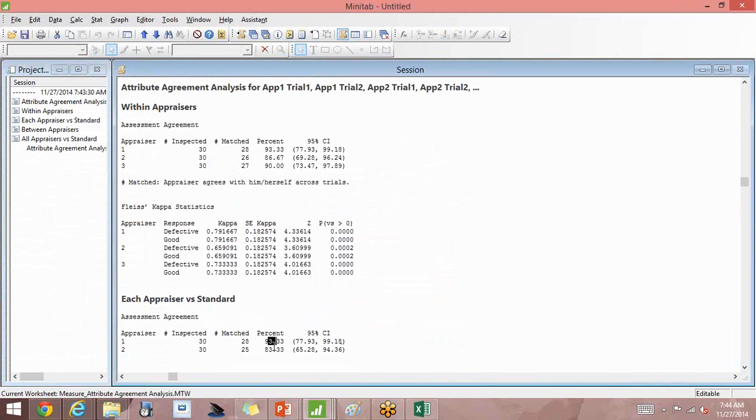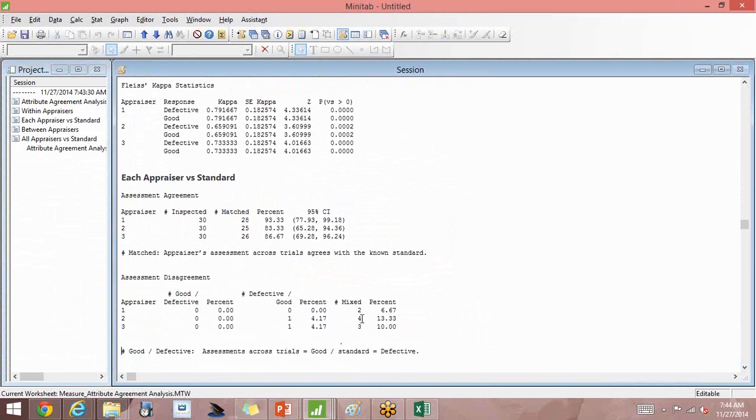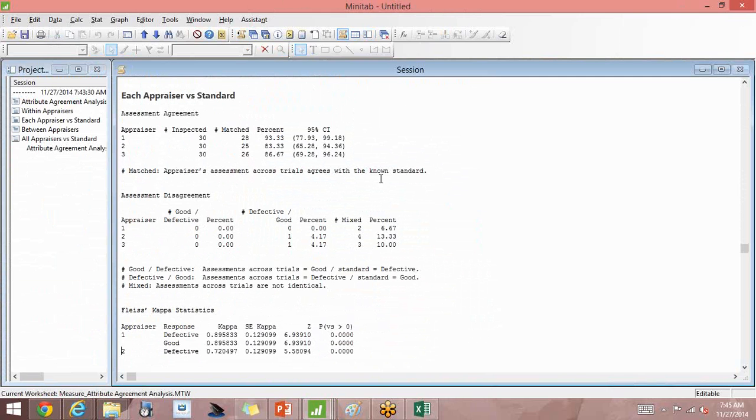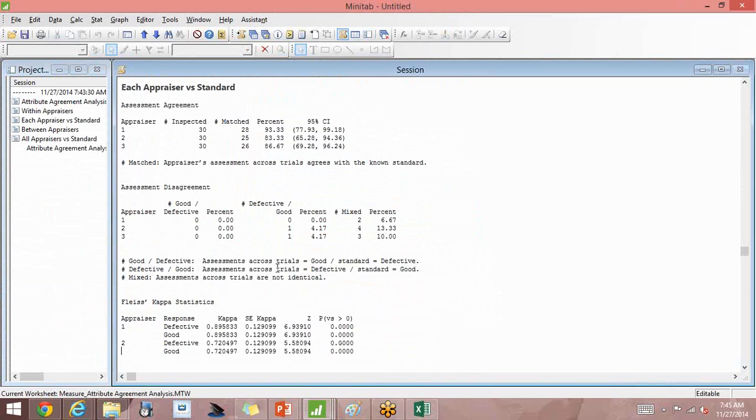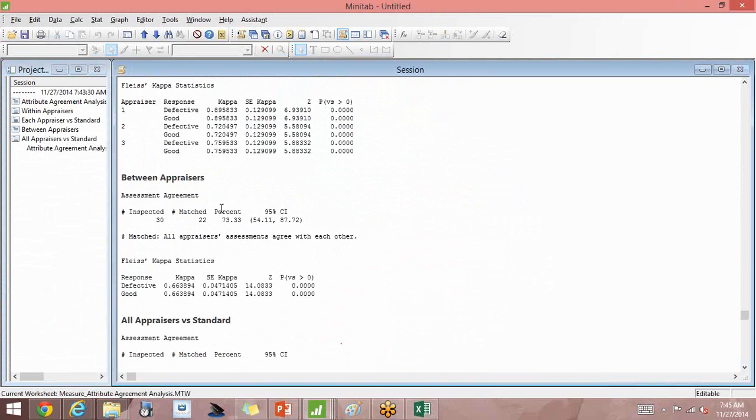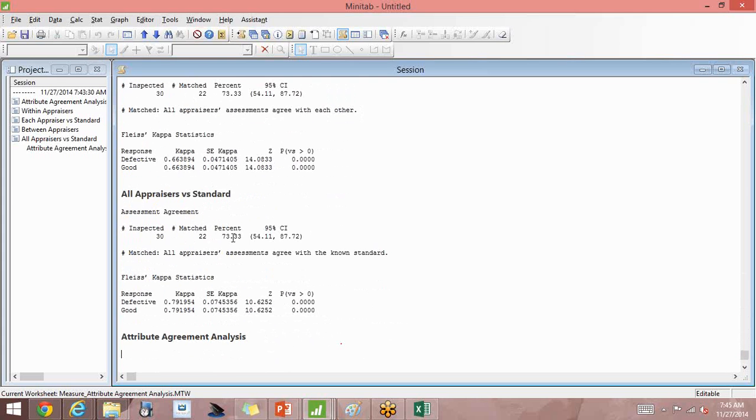This is 93.3 and 83.33, and the third one is 86.67. Then let me further go down. Between appraisers is nothing but your reproducibility, which is 73.33. And all appraisers versus standard is called team accuracy, which is 73.33.